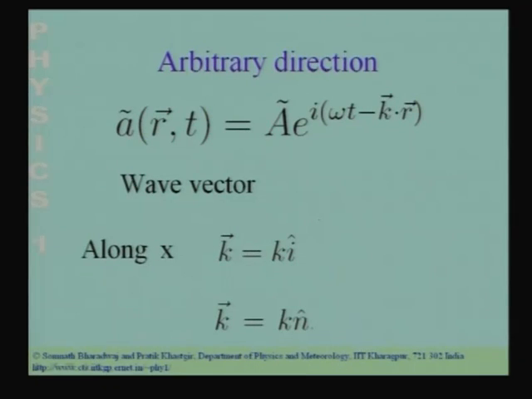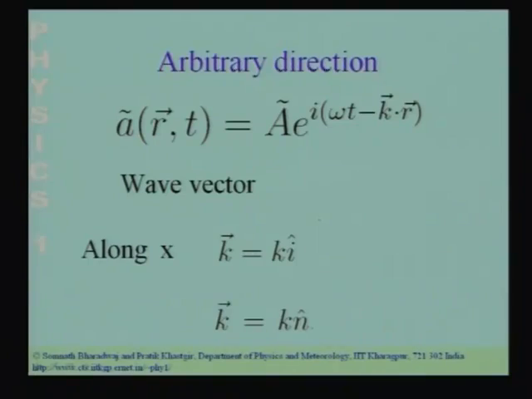Let us now discuss a wave in an arbitrary direction. Until now we have been discussing a wave in 3 dimensions, but the wave was propagating only along the x axis. The next question that we shall discuss is, how do you represent a wave propagating in an arbitrary direction? To understand this, let me first tell you the answer, and then I shall explain to you why it is so.